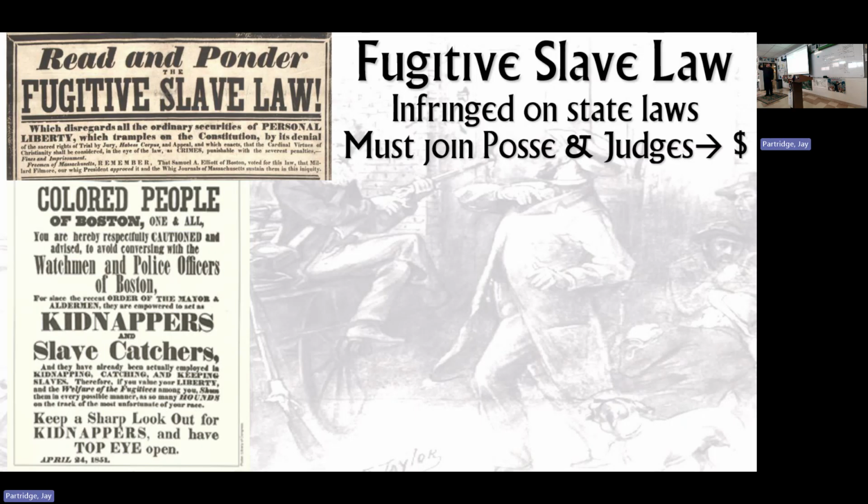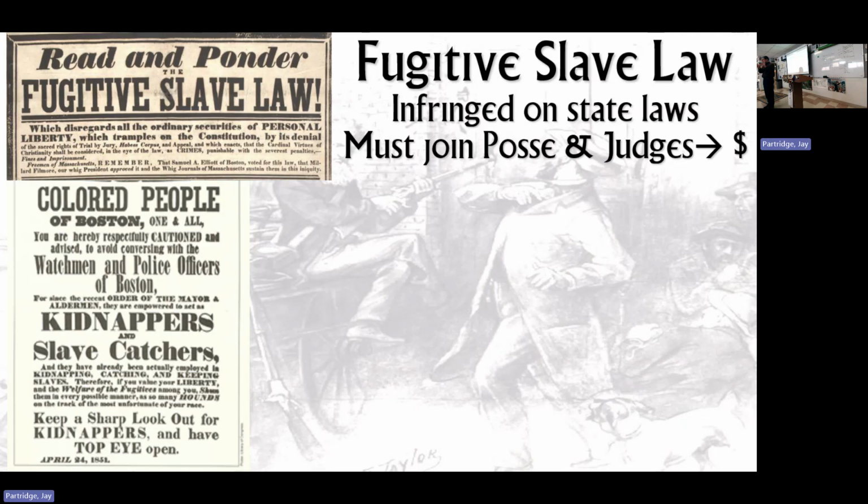And then whoever was accused of being a fugitive would go in front of a judge. And these judges would be paid for deciding whether they're a free person, or a fugitive running away from their master. So they got money for the paperwork involved. This wasn't a jury, just a judge made the decision, a state judge. They got $5 if they found them to be free. But because it took more paperwork, it was $10 if they were found to be a fugitive and sent back.